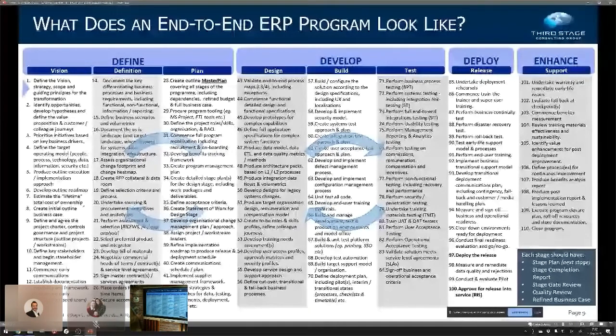Again, this was my 100-step plan, and it got to 100, which is the release into service or go live. And then I thought, well, we need a bit of enhancement, don't we? So it ended up being 110, which again was personally quite disappointing. But the reason this is good is because it's very clear. And in the vision stage, we've got a digital transformation methodology that sits behind the vision.